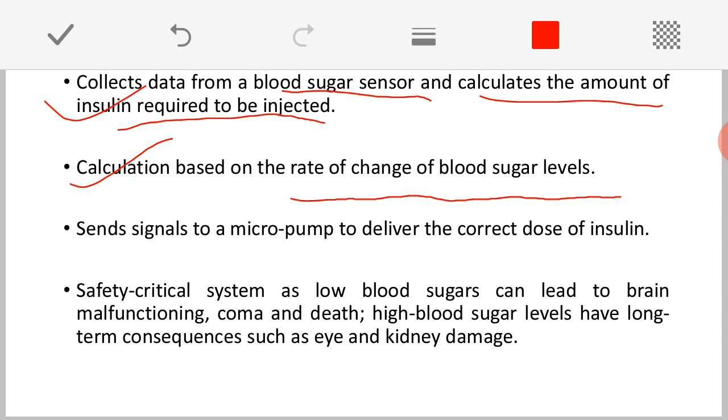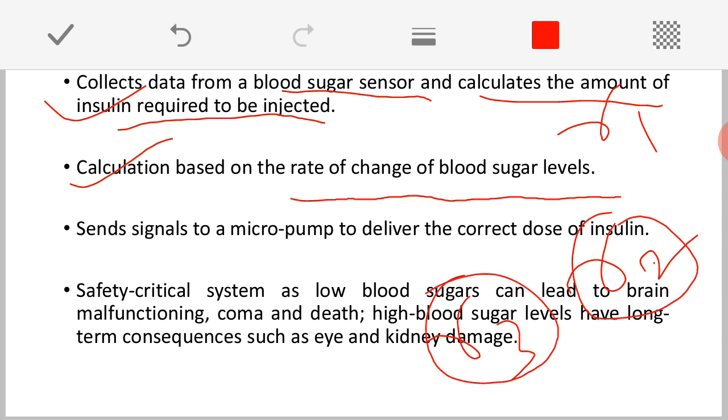So, what is this rate of change of blood sugar level? It is always very important that the system comes to know whether the sugar level is increasing or the sugar level is what? Decreasing. For example, every time the system is going to take a minimum of 3 readings. It will go with the current reading R1, and it will also take the previous 2 readings which have already been stored, let them be R2 and R3. So, R2 and R3 are previous readings already stored, and it will take the current reading R1. Then it will compare R1 with R2 and R1 with what?